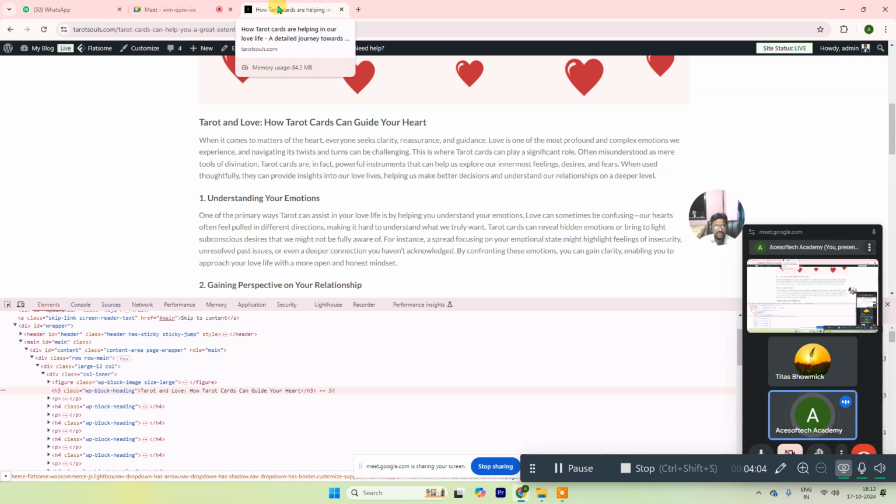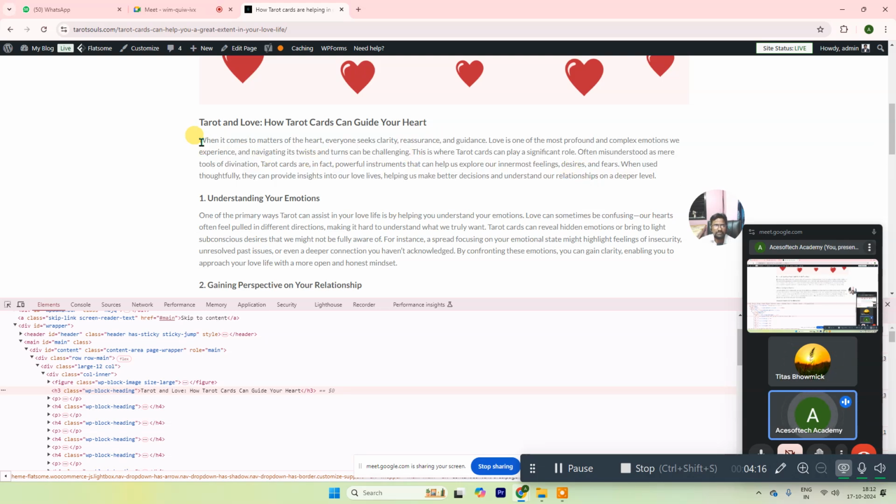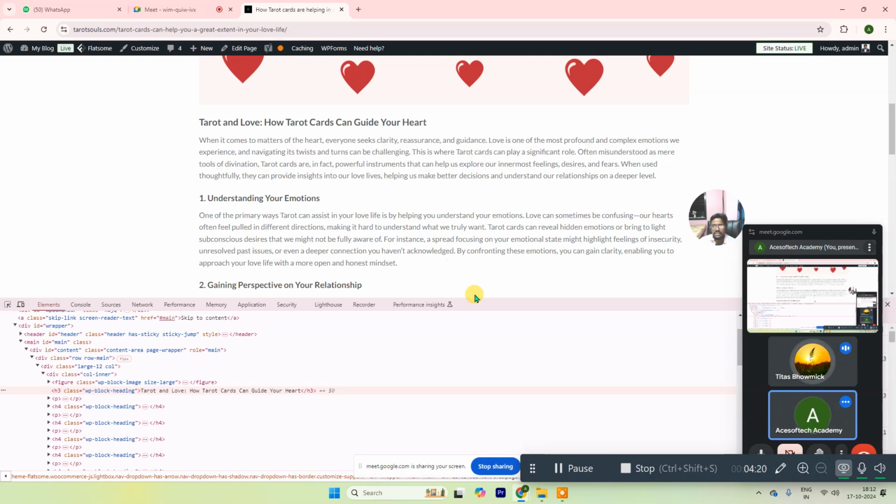How tarot cards are helping in our love life. So this keyword should be here in your first paragraph. So that means that is missing in your case. So that is the first thing, and that should be bold. All right, now the next thing is